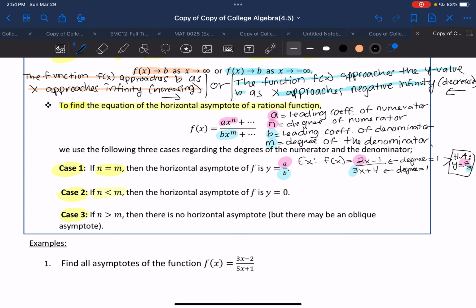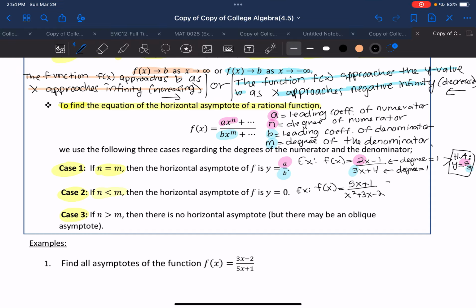So for example, if I had 5x plus 1 over x squared plus 3x minus 2, if this was my function,